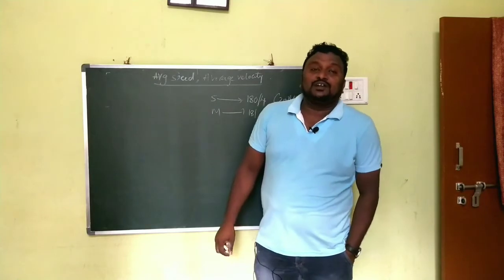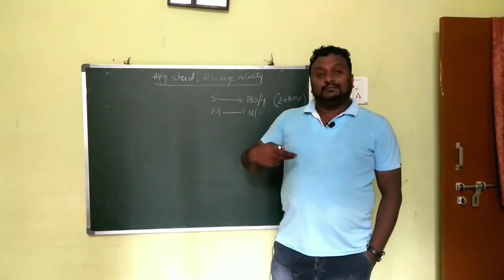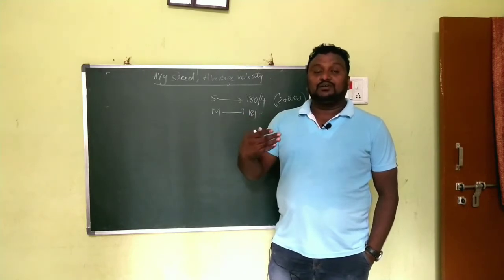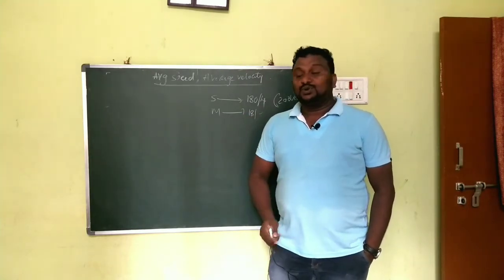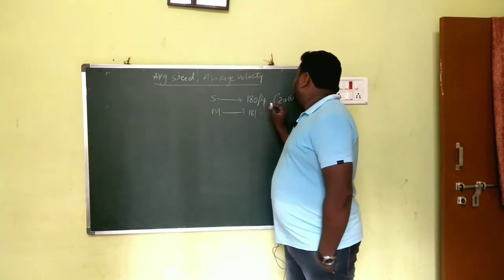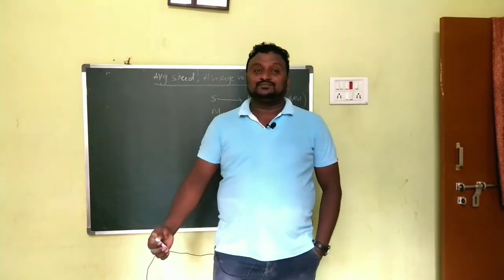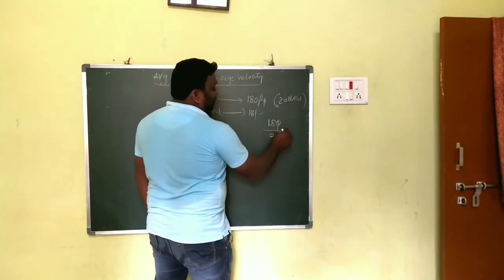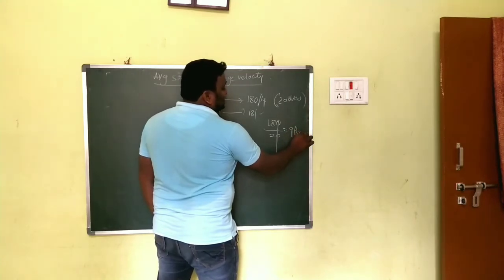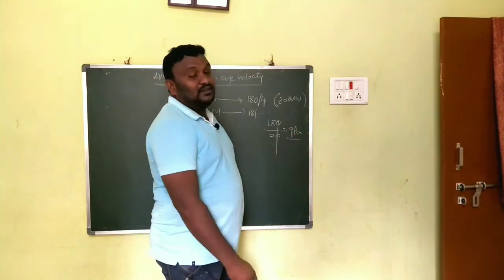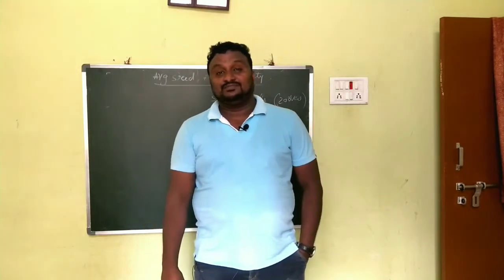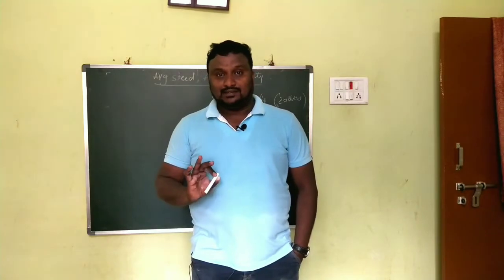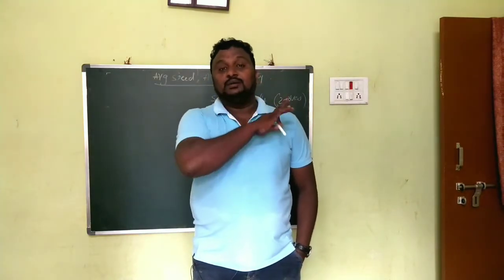Now tell me, what is the average score of the Sunrisers per over? What is the run rate? It means how many runs the team scored in every over. Here it is 180 for 4 in 20 overs. How can we calculate it? Simply 180 by 20. We get 9 runs per over. The average run rate is 9.0.